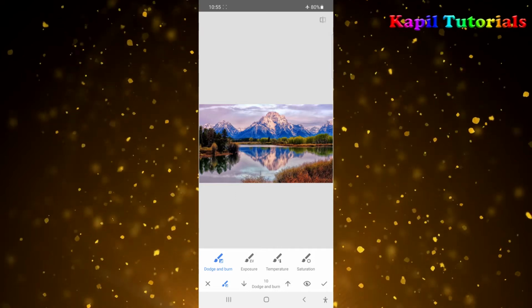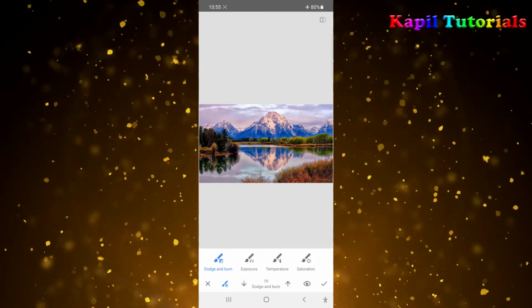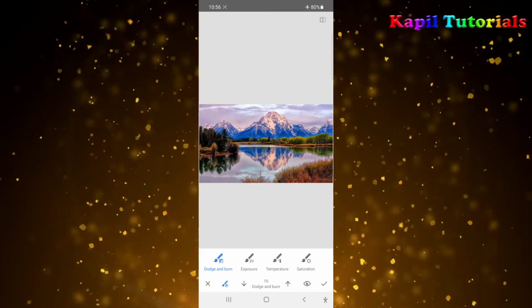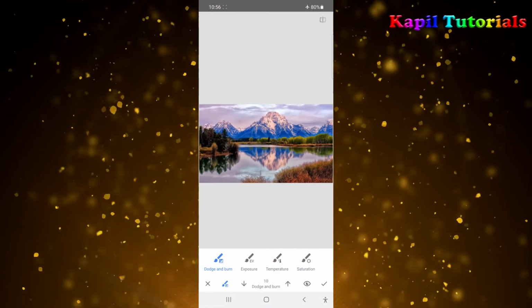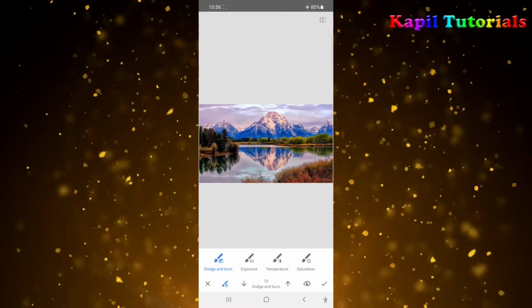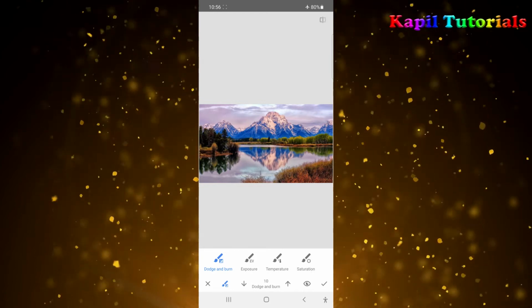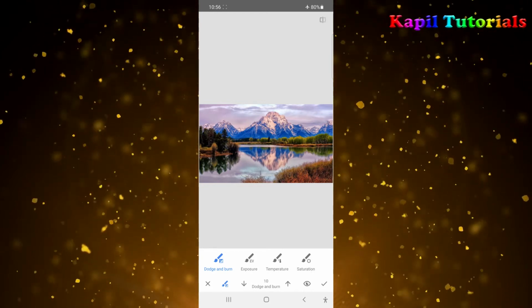So 10 is the maximum, either I can decrease it also. So let it be 10. I want to use dodge and burn. Now just see, I'll be using it on this part of the grass. So I'll select dodge and burn, and simply I have to rub my finger on this part. So wherever I'm using my finger or I will rub my finger, you will see the change.